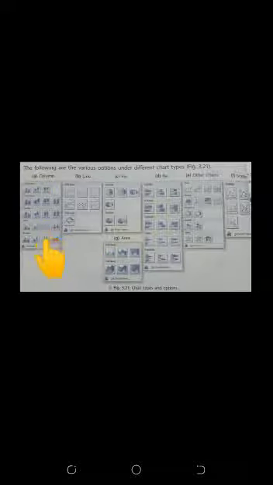These are the sub parts of the chart. Like column has different sub parts, line, pie, bar. All charts have different sub parts. You can select any one, whichever style you want to show. At last, it will show you the chart on your Excel worksheet. This is our column chart. It will create a column chart like this.